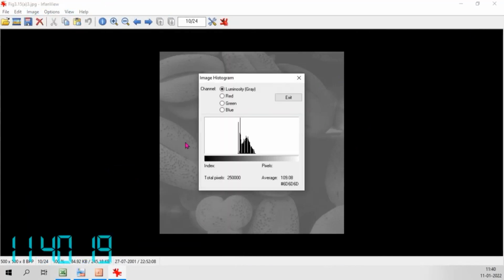This is the image before intensity transformation, so you can make a histogram. This is a free software, quite powerful, very good, and a lot of people use it. So I can create a histogram. This is the histogram of this image. There is also something called auto correct, auto adjust colors.